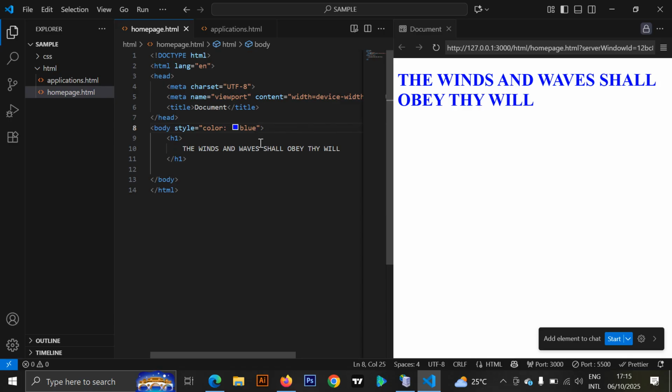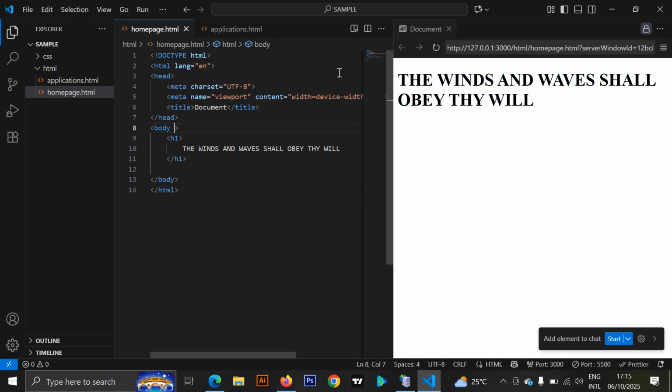So that is inline. I write the style which I want within the same line of code. This is the code. It is having the opening tag of the body, and I want to change the styling in the body. So what you do, you just leave a space, type style, it will automatically bring the quotations, and then you do whatever you want. Then having done that, let us also see the